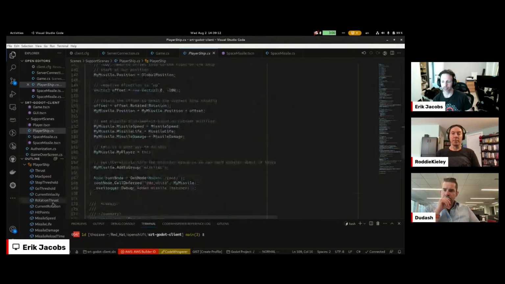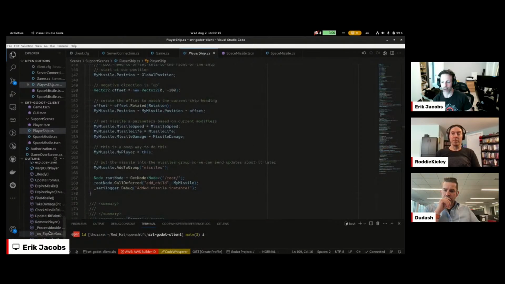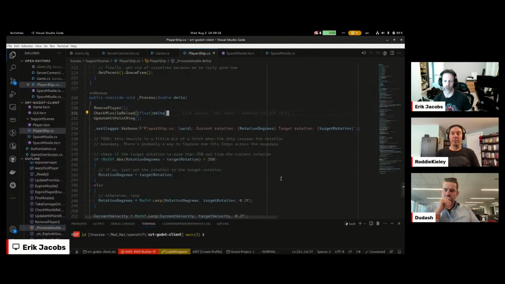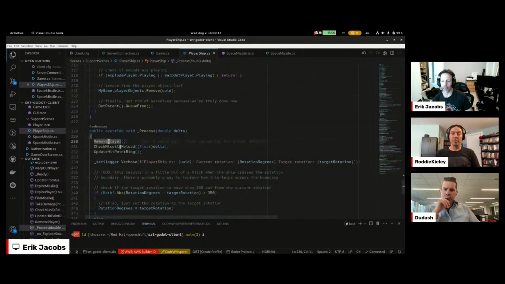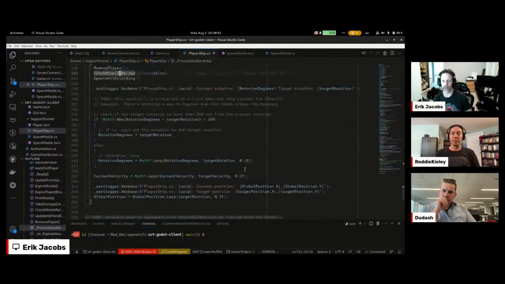And then if we scroll down inside the player and look at the player's process, and again, remember process happens roughly every frame. We run this remove player check, which basically looks at some time stuff, checks if we're marked for destruction, checks if any of the animations or sounds are playing, and then ultimately removes the player from the client knowledge and then literally deletes the thing from Godot. Then we check the missile reload. This has to do with the fact that you can only fire once every so often. We update the hit point ring. And then we come down here and we say, all right, well,